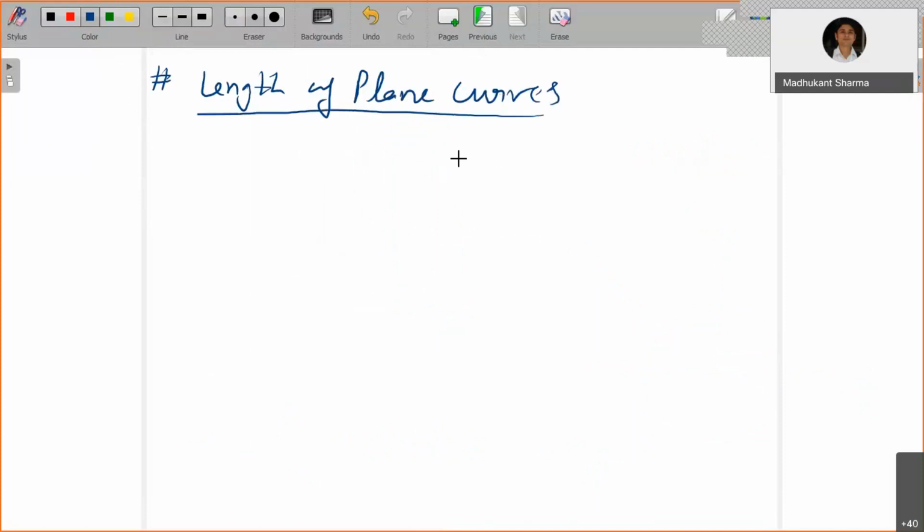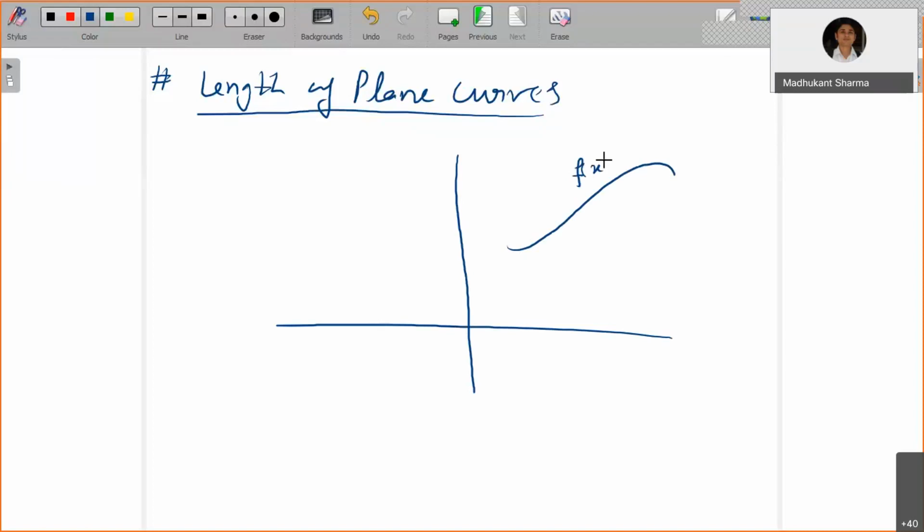Okay, so let's consider here. So this is your f of x, and this is the interval a to b. Instead of area, I'm interested in the length of the curve. Okay, now the length of the curve is going to be measured by small straight lines. So you are going to subdivide into partitions with equal length, let's say dx. Okay, now you take the dx on this length, let's say this is the part you take.